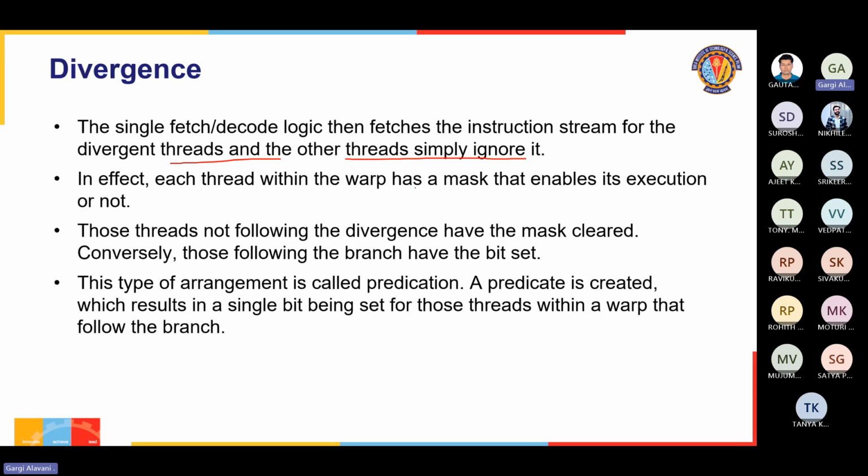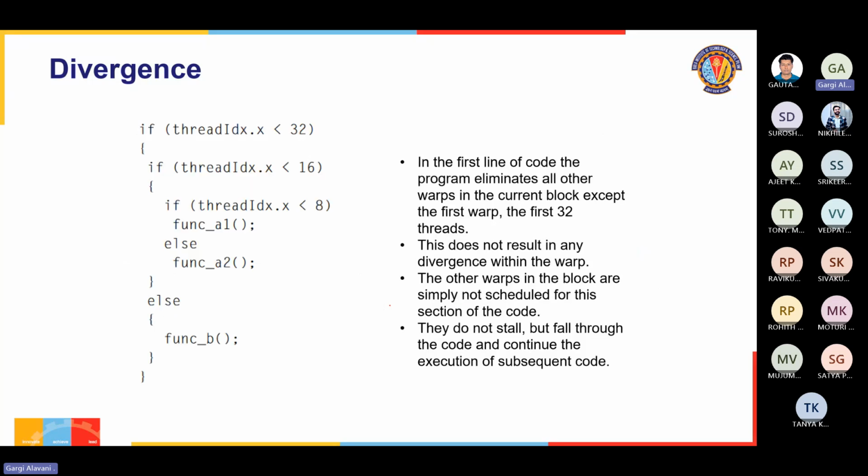Each thread within a warp has a mask which says either you execute or you do not execute. So it will enable those who need to execute, and those who are not following the divergence will have the mask cleared. Because of this arrangement, we call it predication. A predicate is created which results in a single bit being set for those threads within a warp that follow the branch. So in this particular example, if you see,